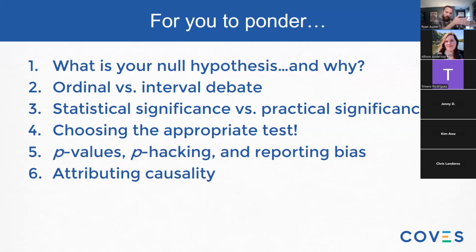A lot of researchers will turn that into a numeric score. Instead of thinking about those 5 categories as discrete buckets, they'll think about them as more of an interval scale, 1, 2, 3, 4, 5, and then turn that into an average and test the average, even if it's not normally distributed. And this word debate on the slide is a little misleading. It implies that there's a rationale for treating ordinal scales as interval, when in reality it's the easy but wrong thing to do. In COVES, our scales are either numbered or they're not, and we treat the data as such.